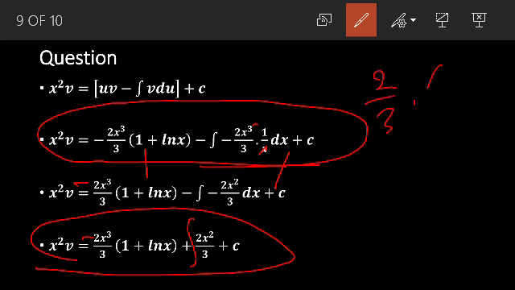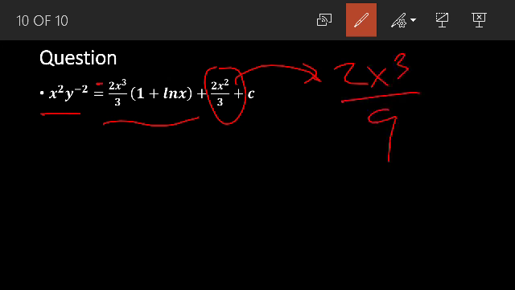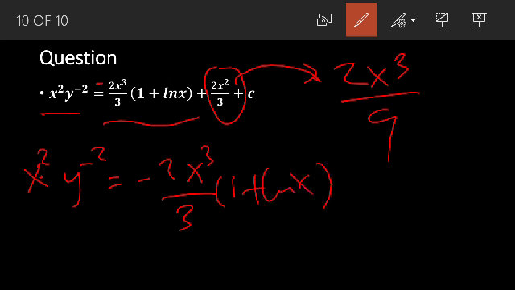When we substitute your v to be y raised to power minus 2, then here is minus 2x cubed over 3, 1 plus ln x. Then here, like we just corrected, is 2x cubed all over 9. So that means we can write the answer as x squared y to the power minus 2 equal to minus 2x cubed over 3 into 1 plus ln x, then plus 2x cubed all over 9, then